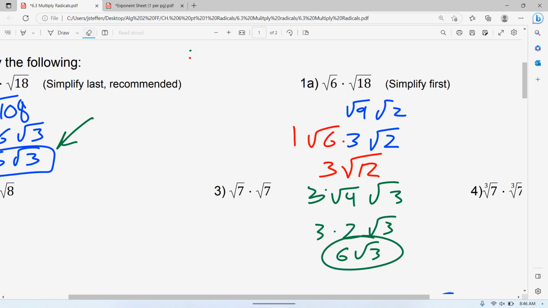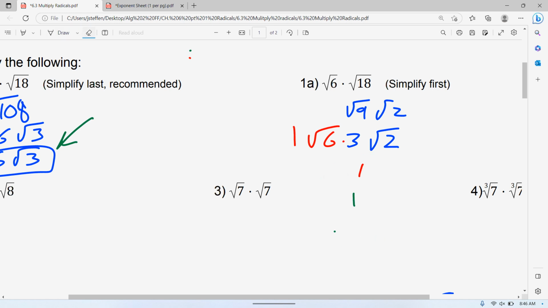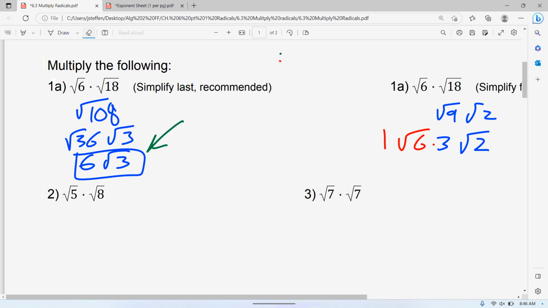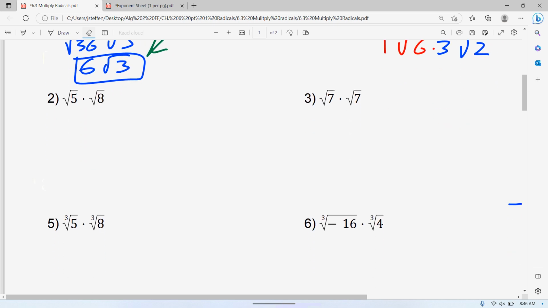That said, that's the punchline of today's lesson. Multiplying those radicals together. So if you are in the square root, you just multiply whatever's inside the square root. So square root of 5 times 8 is 40. That's just the square root of 40. Again, the double-edged sword with this one is now you have to make sure you're